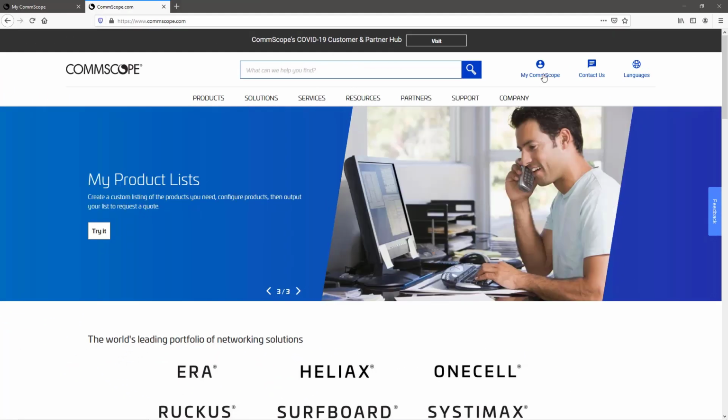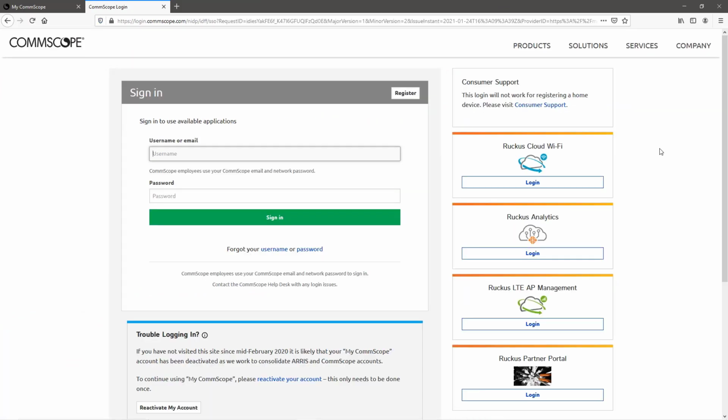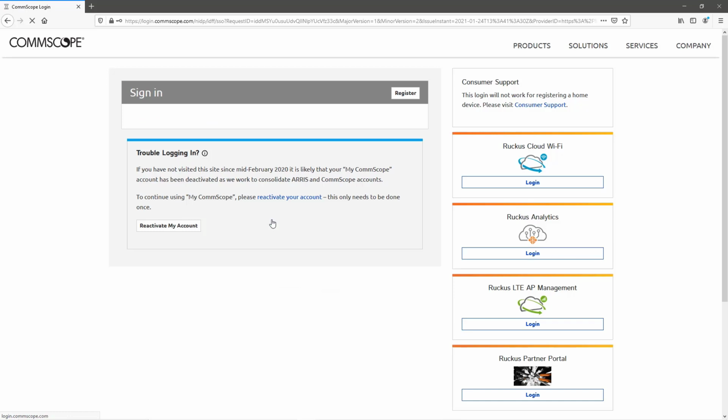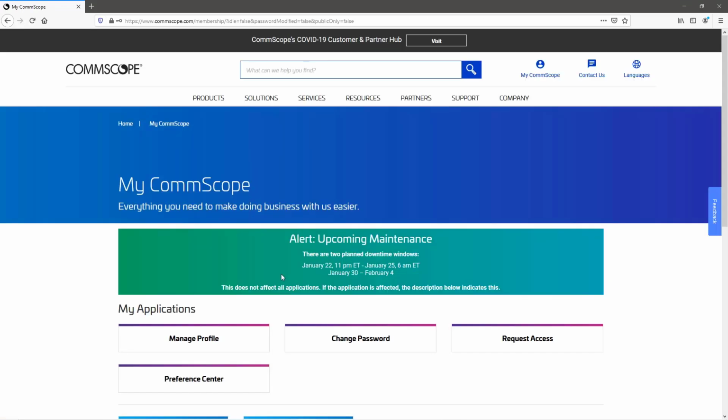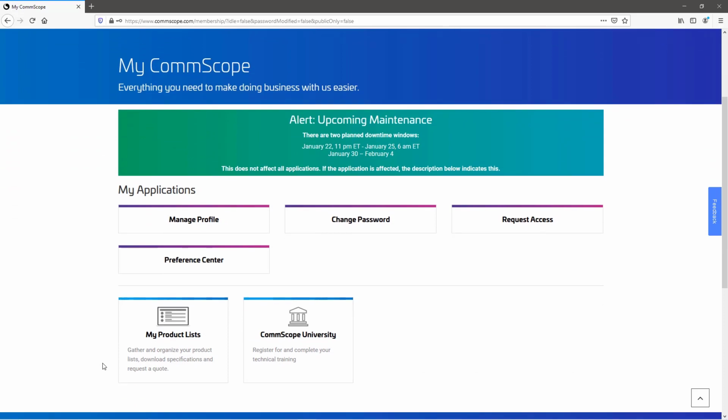So the next thing you're going to need to do is log out of Mycomscope. Then we're going to go ahead and log back in, and this is part of the process to make sure that we get that CommScope University tile present in our dashboard. So let's take a look, see if we got it. And we scroll down, and there it is, CommScope University. So you click on it to log into CommScope U,